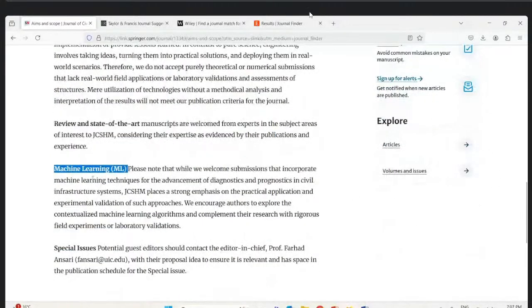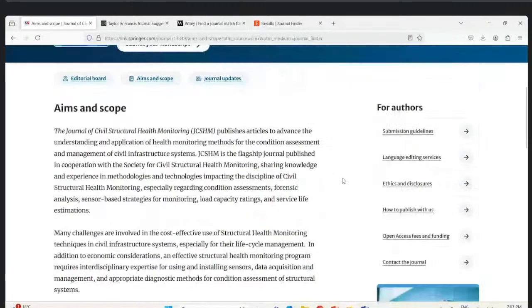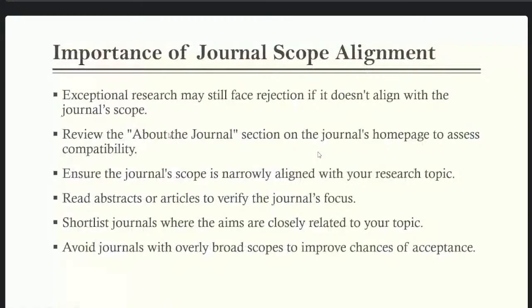So that journal paper is referred along with my paper. This is the thing: we have to go with the scope of the journal, and it can be easily read under the tab about the journal, aim and scope, on the home page of the journal. You can go through it and find out the domains which that journal is covering, and we should avoid the